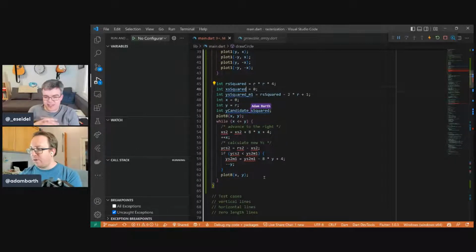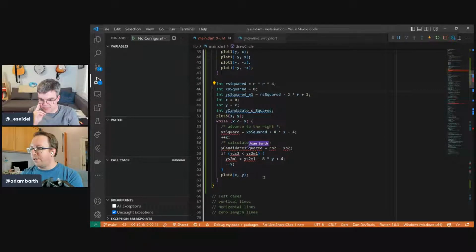So this, maybe S, it's in here. It'd be fascinating to look at Skia code for this. I expect it'd be difficult to find. Okay, so plot 8. While x is less than y, advance to the right. So this is again squared. I wonder what the s is. Advance the x. Okay. This is y candidate